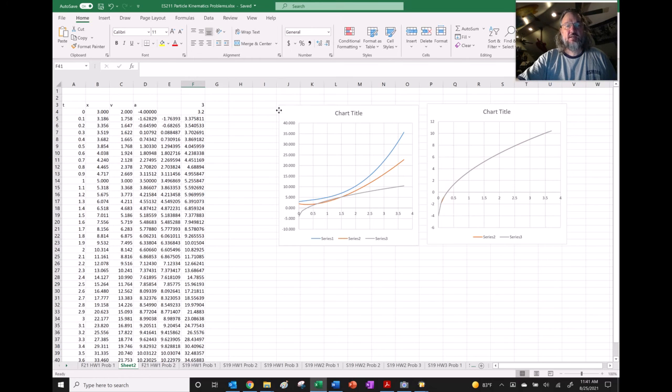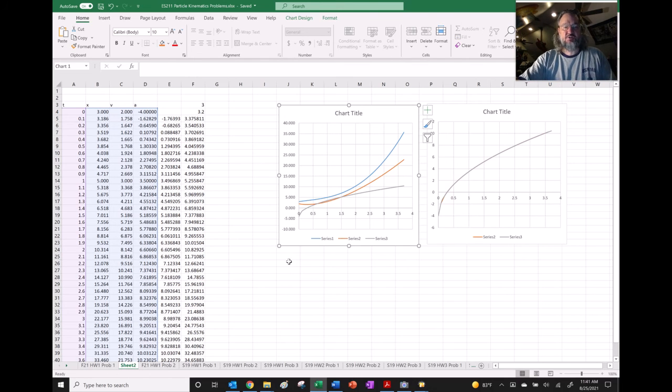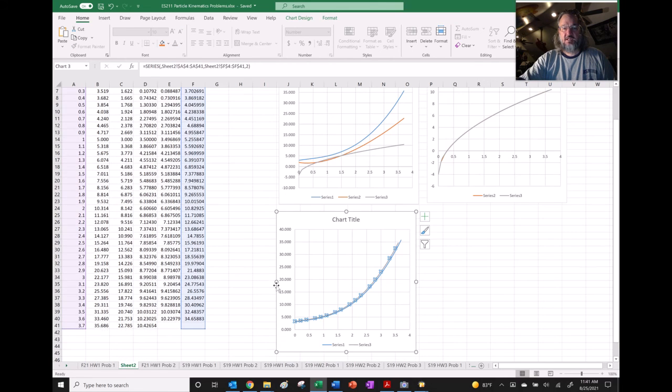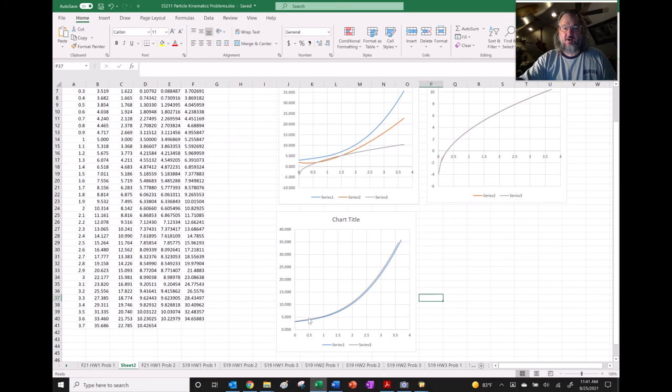So let me recopy this, and let's just plot the two things that are position. This one's position, and that one's position. So we're going to leave that one, I'm going to delete this one, and then move this one over to here. And we can see how close we got, right? It's got the same trend, but it's shifted over a little bit, but that's our numerical integration of the velocity